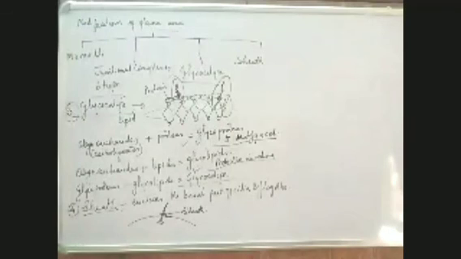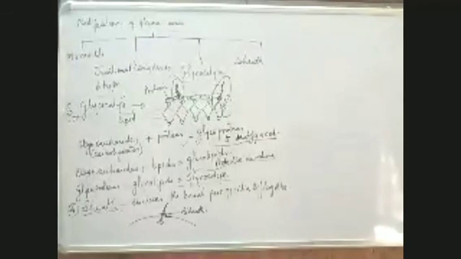So, bache, here I finish up the modifications of plasma membrane. We have done the full topic, the fluid mosaic model of plasma membrane. Then we did the modifications of plasma membrane. So the entire topic of plasma membrane is over. Now we will start with the next topic, which is cell wall.